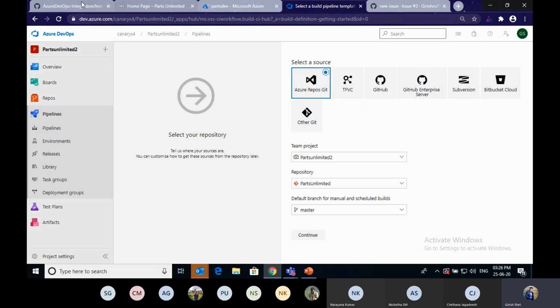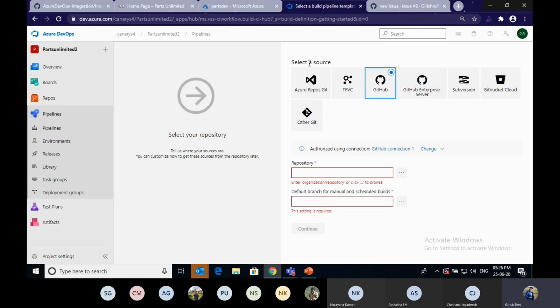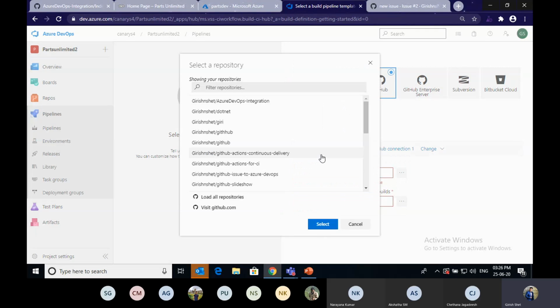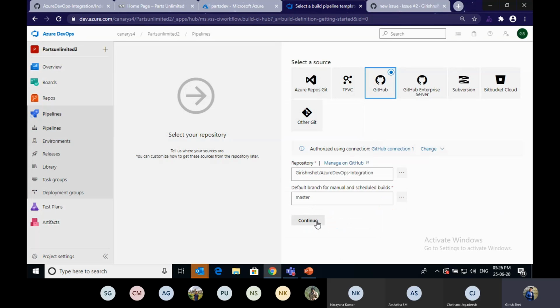Since my source code is in GitHub, I'm using GitHub as a source, and you have to give the repository. My repository is Azure DevOps integration. I select the default branch as master.